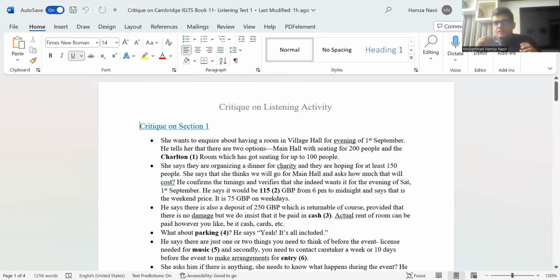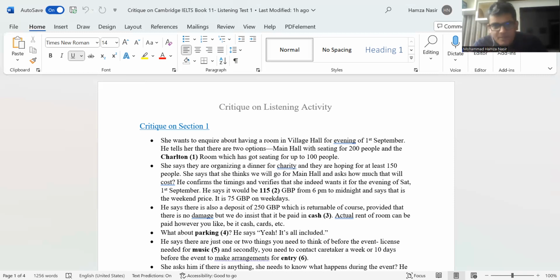Now you have two figures being quoted over here. One is 75 pounds, and the other is 115 pounds. Okay. Now you have to notice that in the question it says on a Saturday, and Saturday does not constitute a weekday. Therefore, the 75-pound option automatically goes out the window and you're left by default with 115 GBP. So you're going to write your answer as 115 because that's one number and that's accepted as per the scope